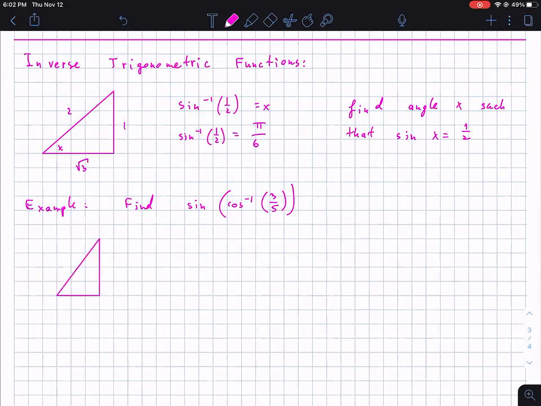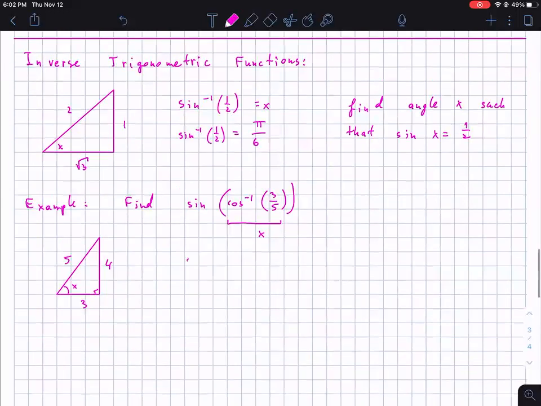Right, so let's say this is angle x. This is going to be x, okay? Cosine of this angle is 3/5. Now this is a 3, 4, 5 right triangle. This is 4. So the sine of this angle, you can see from the triangle, it's going to be 4/5. So you can figure out,